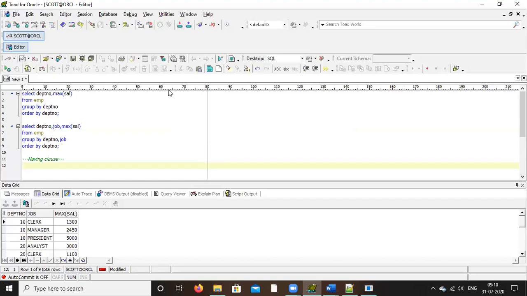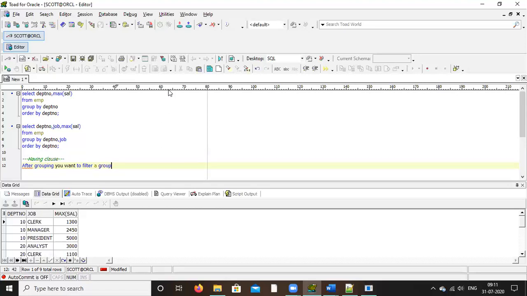Where clause is a normal filter when you're writing any condition like salary equal to this, name equal to this. But having clause means after grouping, you want to filter on the group function, then you have to use having clause. So if you are not using group by, then you cannot use having clause.